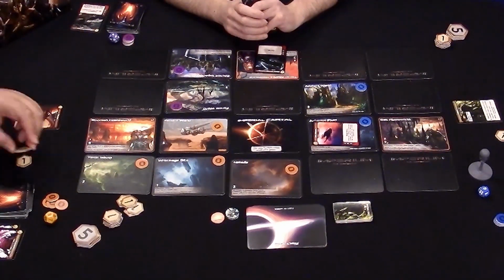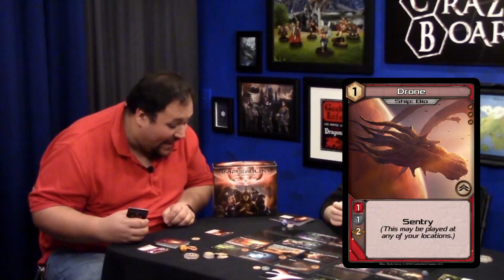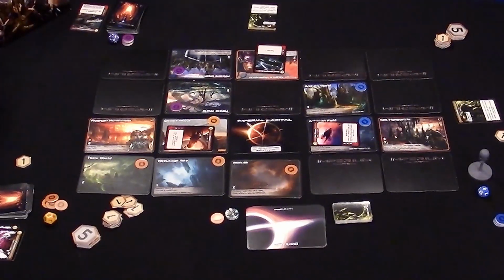Flipping, I reveal a drone. Pay 1. Sentry, this may be played at any of your locations. So instead of just the home world, it can go anywhere that I own. Which, why not put it on my recently revealed desert world? I mean, desert world, not home world. Alrighty, placing down the card, and...